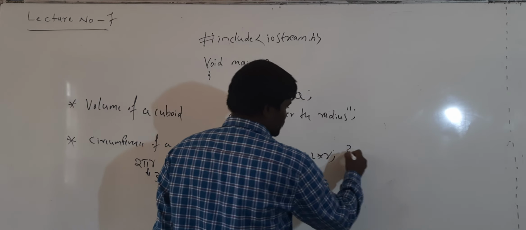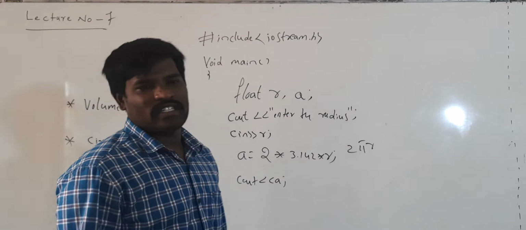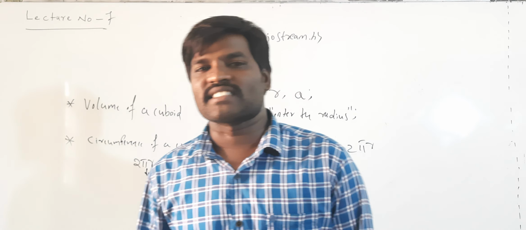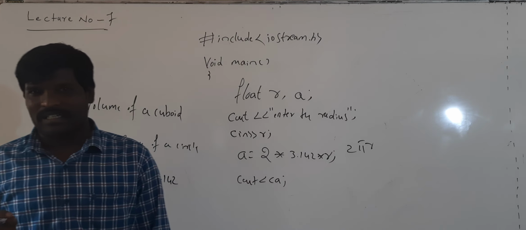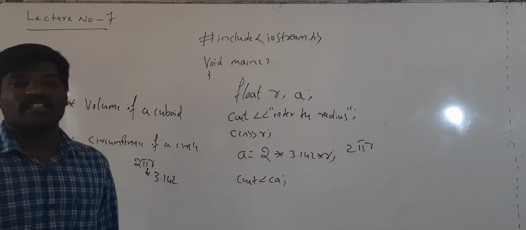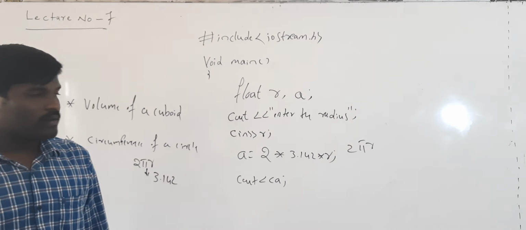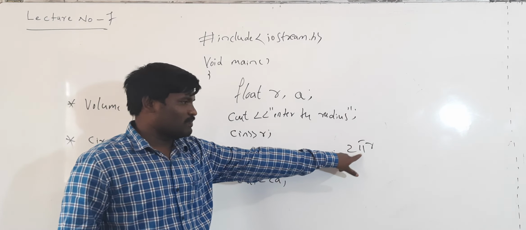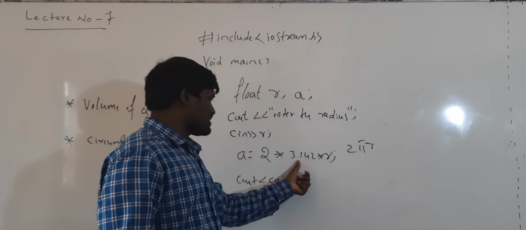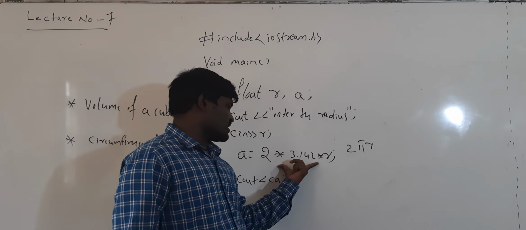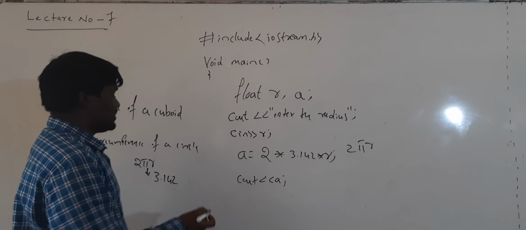And don't write 2 pi R like this. In algorithms, whatever you write is fine, because algorithms are not executed in the system. Computers do not execute algorithms. Algorithms are only a procedure. So if you want to understand the programming concept, first we learn the algorithms. Here this pi symbol is not present on the keyboard, that's why you have to mention 3.142, and in between we compulsorily have to use the star symbol, 2 into 3.142 into R. Finally we can close.